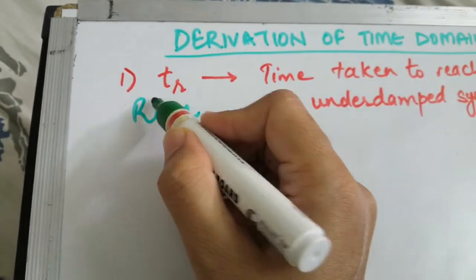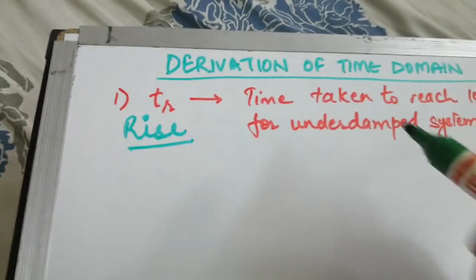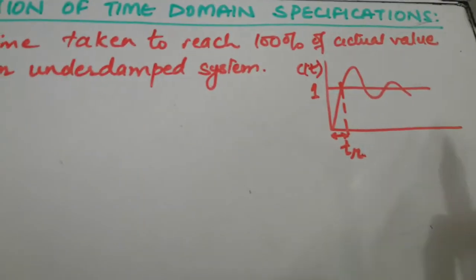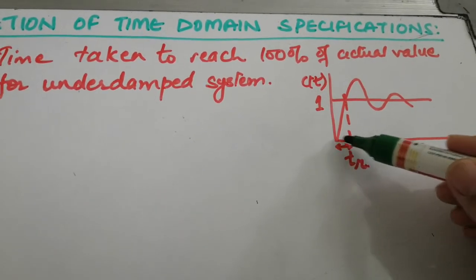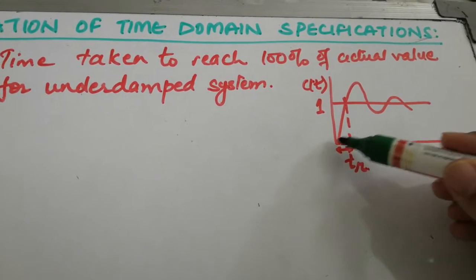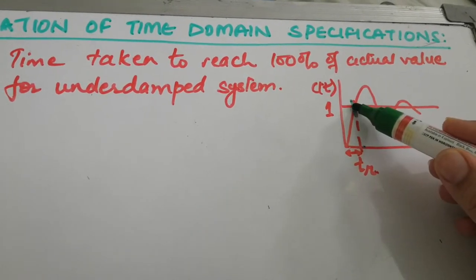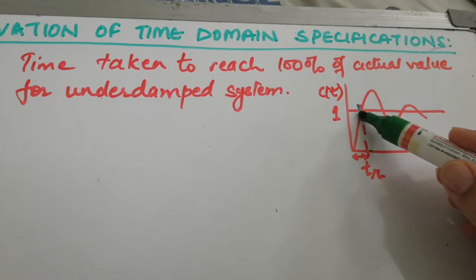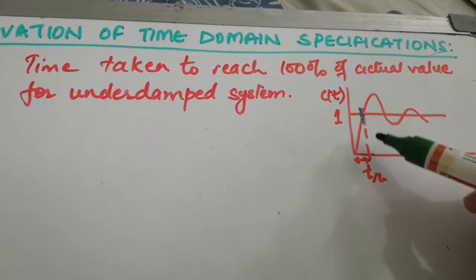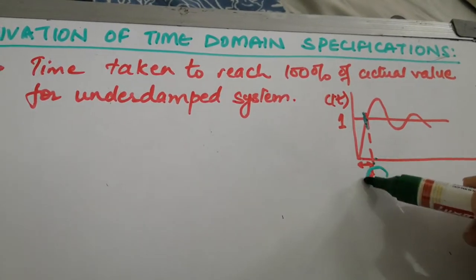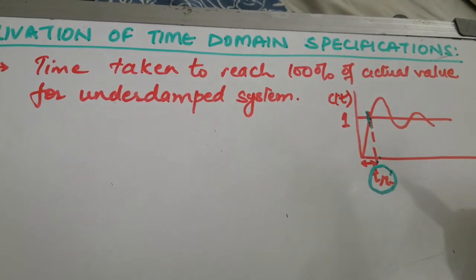So when we are talking about rise time, how we defined it, if you all remember your curve, it was the time taken for the output to reach 100% of its actual output. It should have come up to 1, and when it reaches the 100% value, that time taken is called your TR, that is the rise time.